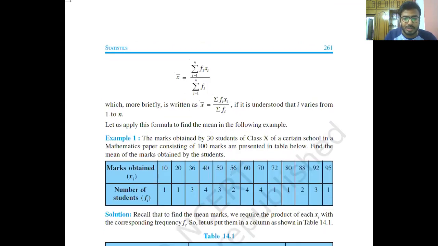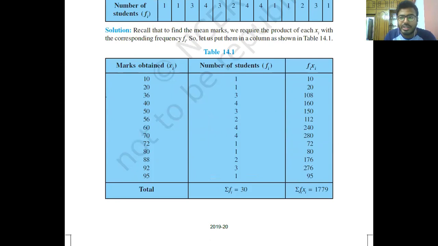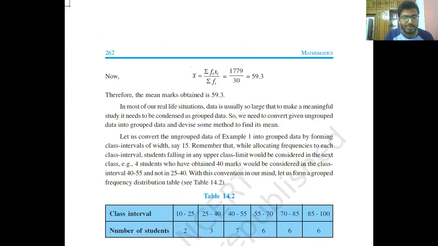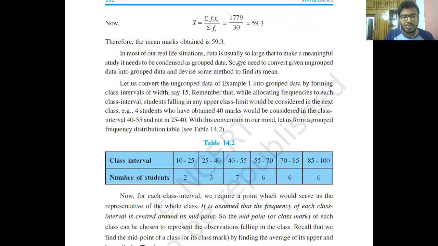Okay, now see, this one is not in any group, they are given different marks. So this type of data is known as what? Ungrouped data. Now if you want to make it into groups, what will happen? There will be a gap. Like last year you learned tally. In the same way, now see, we are making example one into grouped data by forming a